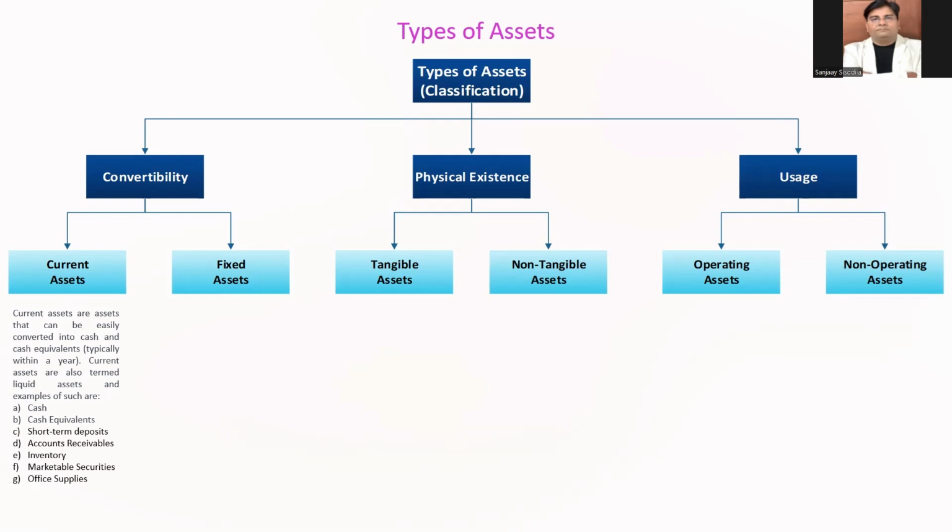Then short-term deposits. When the business has some extra cash available, they can invest or save it with the bank for a shorter period of time, which is normally less than a year. Accounts receivable refers to all those accounts, personal accounts primarily, which represent any amount that the business will receive in future. Inventory refers to the stock, and the stock can be of finished products